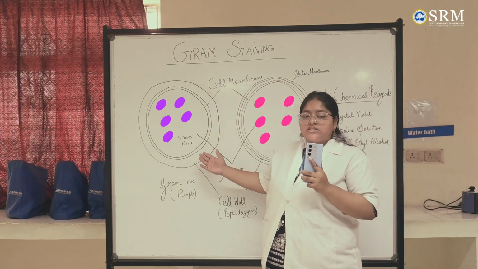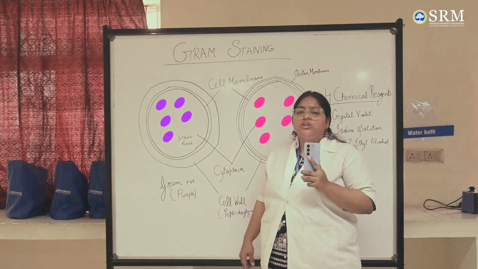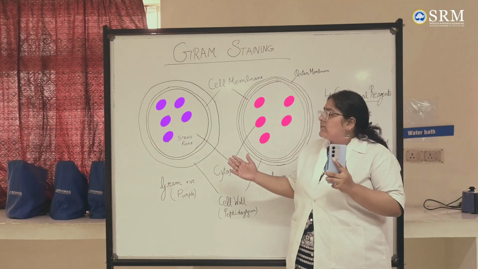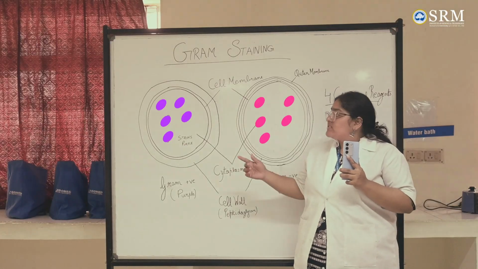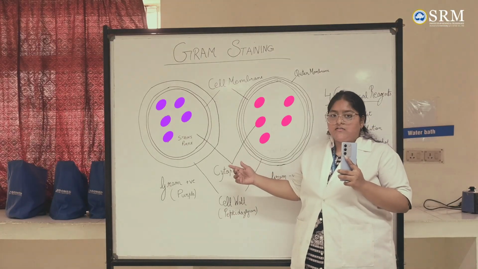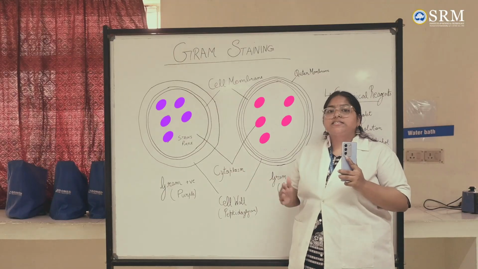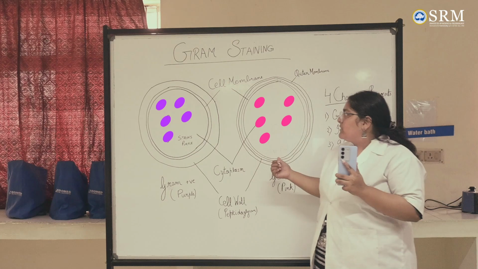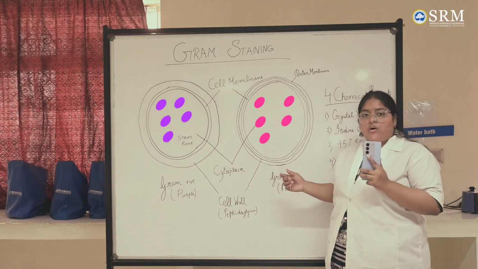The gram positive bacteria have a very thick cell wall, usually made up of 60 to 90% of peptidoglycan. It also contains teichoic acids, which give a positive charge to this bacteria. This bacteria retains the primary stain and remains purple in color, whereas gram-negative bacteria have a very thin cell wall,